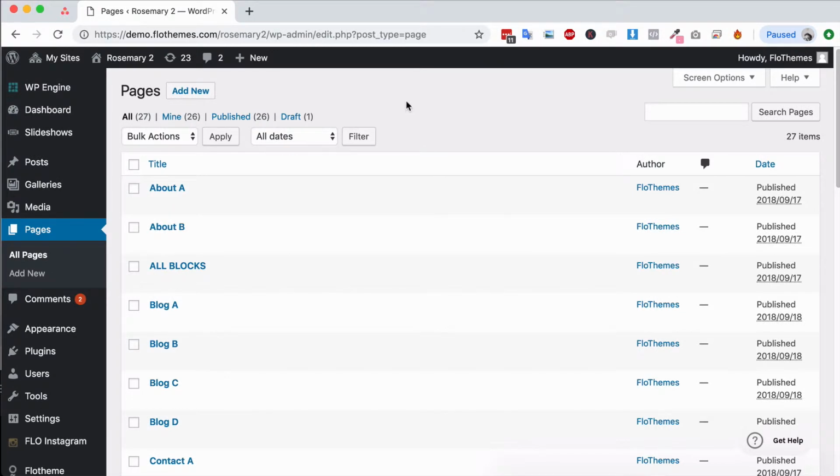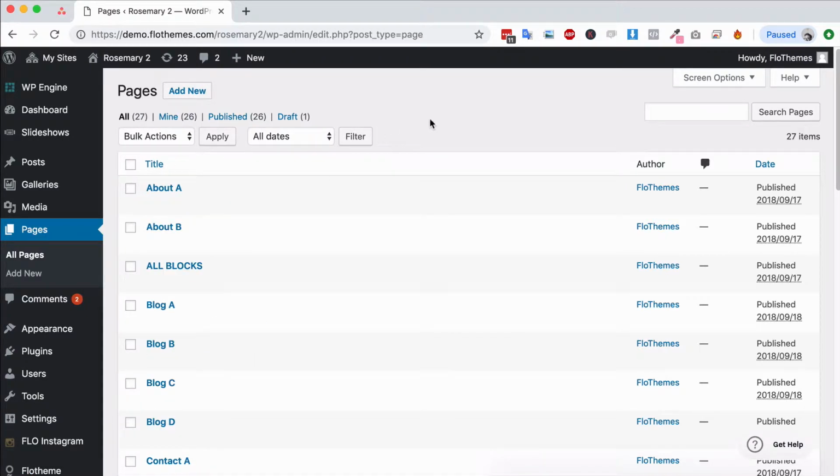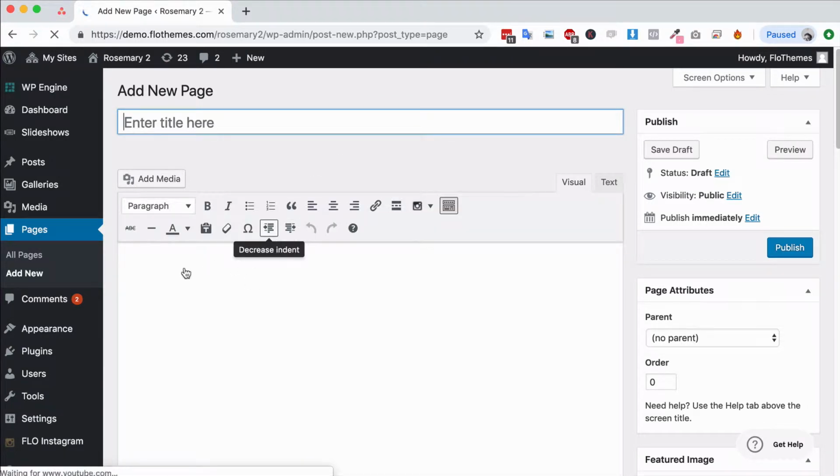In the following video, I'm going to give you a quick overview of how to use the page builder with your Rosemary 2 theme. So it's really simple to create pages. So let's go ahead over to the pages section and we're going to click add new. And as always, we are going to add the title. And if you want to add any text, you could add it here, but I don't think it's going to be relevant using our page builder. So add the title,